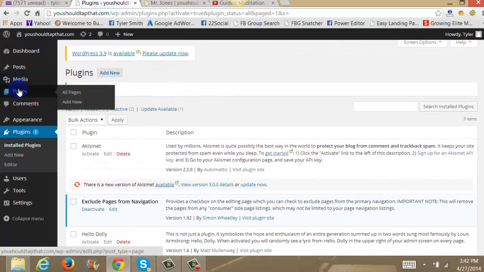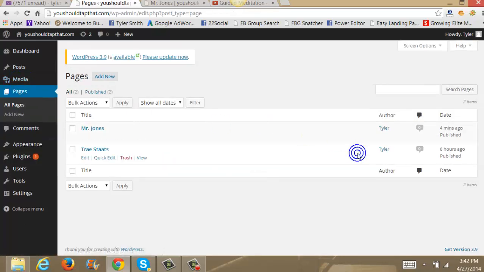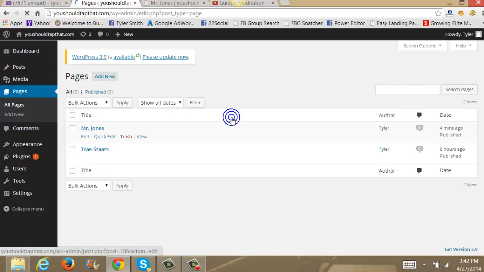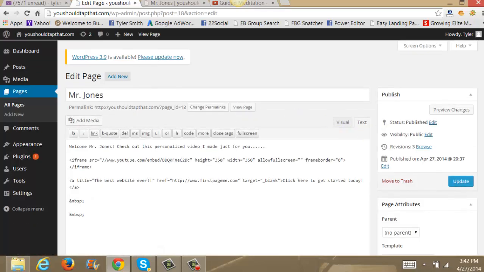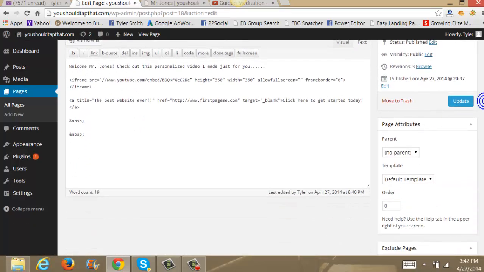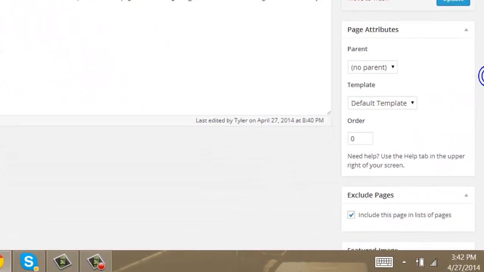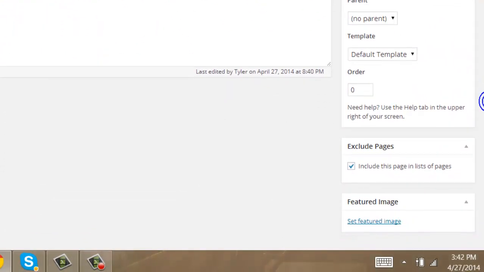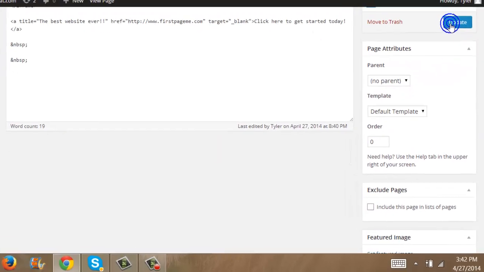Now, all we have to do now is go back to our pages, and we just click on, let's click on Edit. I'm not sure if you can do this in Quick Edit or in just Edit, but if you look down here on the right-hand side, it'll say Exclude Pages. It'll say include this page in list of pages or not. Okay, and there'll just be a little checkbox. So we'll uncheck it and update,